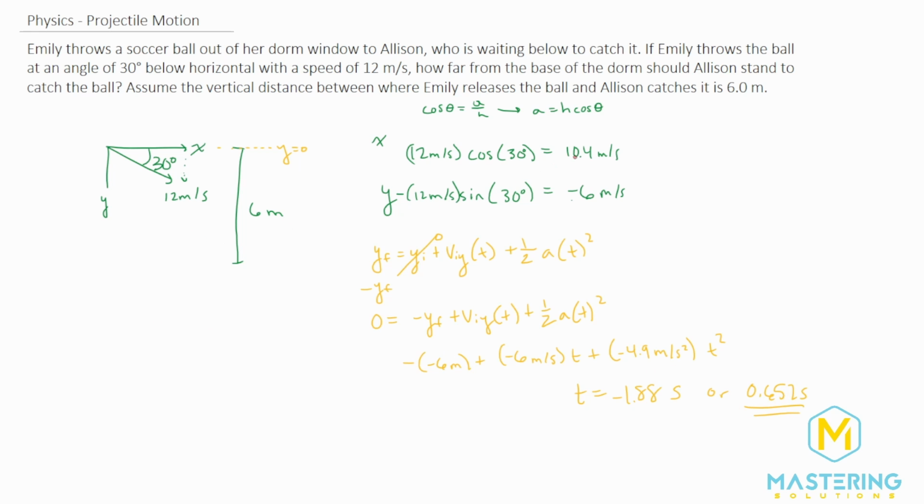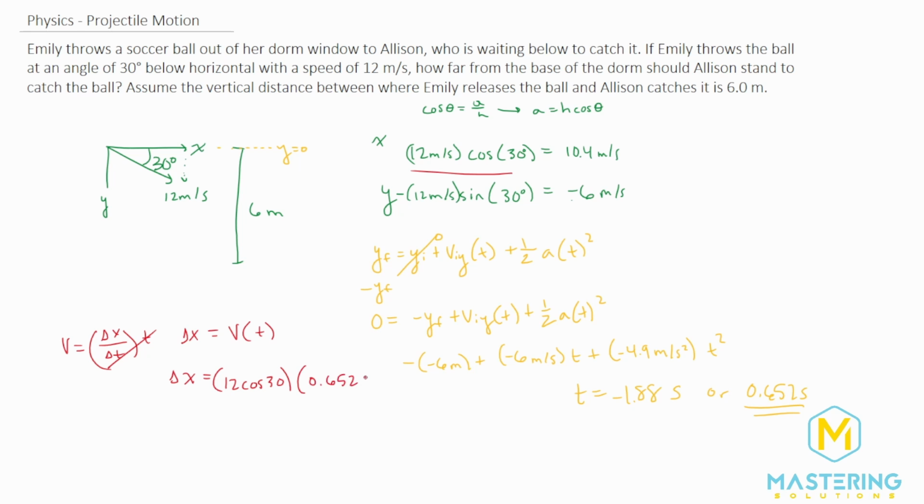So lastly, we need to take this right here. I might use this whole phrase just so it's a little bit more precise than the rounded version that we had, but we'll take the time because velocity is equal to a change in distance over a change in time. We want to isolate this, so we'll move t over. So delta x, in the x direction, is going to be equal to the velocity times the time. So delta x is equal to the x component of the velocity, which we said was 12 cosine of 30, times the time of